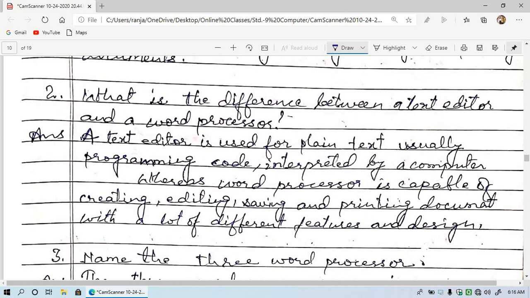Means to say, here text editor is preferred for writing the coding of the programs in the computer. It does not allow, you can add here, it does not allow any design or formatting, whereas a word processor is capable of creating, editing, saving and printing documents with lots of features and design. This is the difference.